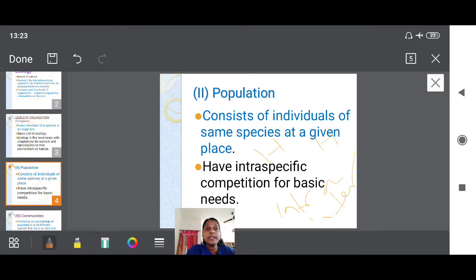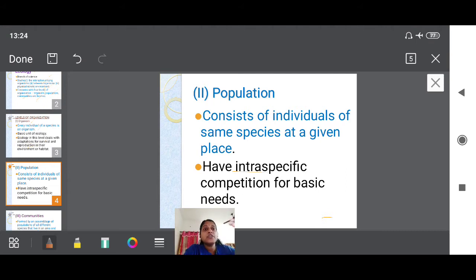it what? Intra-specific. When do I call it inter? When a cat is having competition with a dog. This is one species and this is another species. Cat is a different population, dog is another different population, then it is between. So then we use the term inter, okay? So here in the population, you are having what? Intra-specific